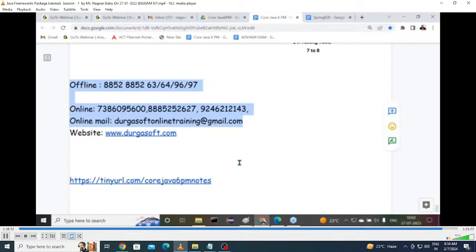Tomorrow no class, guys. Tomorrow even core Java will be at night time. Today at night, the core Java class is at 9 to 10 for the remaining topics. Tomorrow and the day after tomorrow also, core Java classes will be at night time only, not in the morning. Tomorrow no core Java class at 8:30. Core Java class is at 9 o'clock only. 9 to 10 I will take the sessions for core Java.